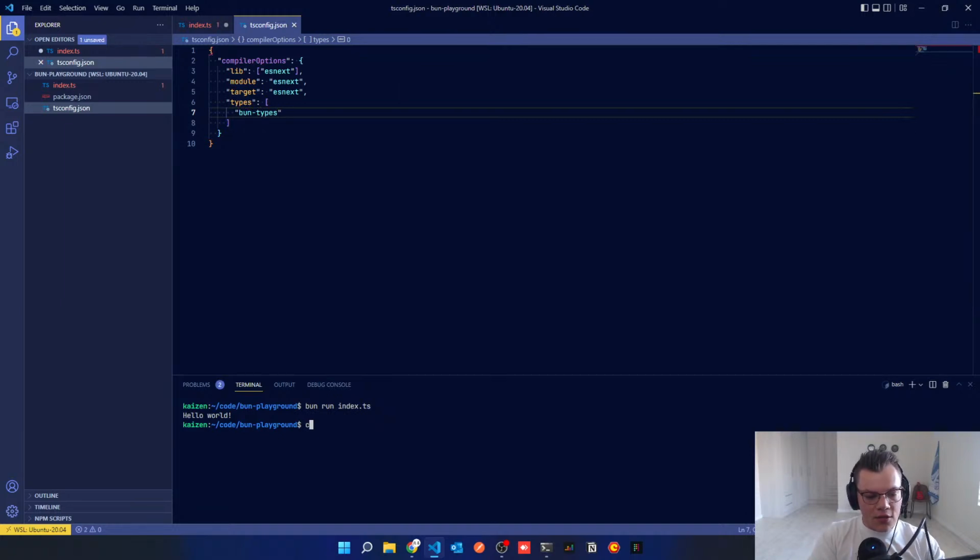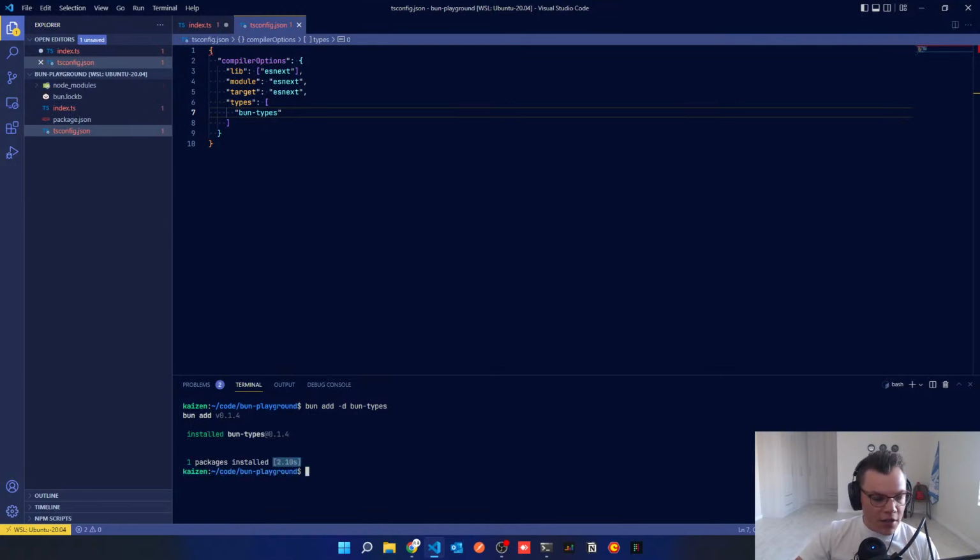And so we need to install that. So we can try bun add -d bun-types, which is basically like npm install or yarn add. If we run that, my internet connection is probably not the best in the world, but for me 2 seconds of an install is pretty great. So we can run that,